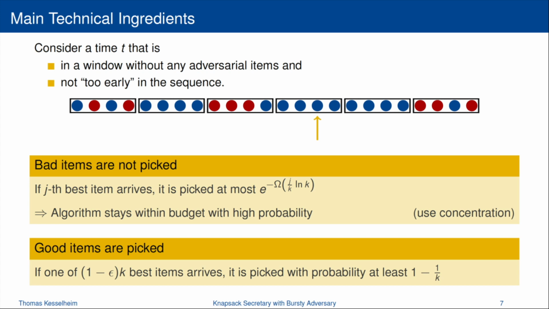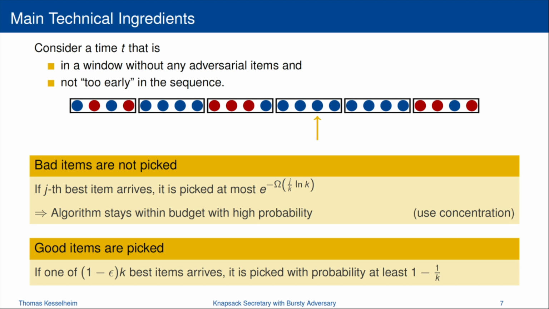To show this, we use more or less the same kind of argument. For example, in this current window, it is pretty unlikely that many of these good items arrive. So that's why this one constraint from the LP doesn't hurt us here. Or also, in this current window, there are no adversarial rounds. So the adversarial rounds, they are in other windows, and they are restricted by the respective LP constraints.